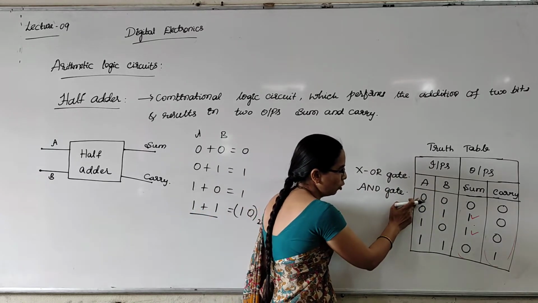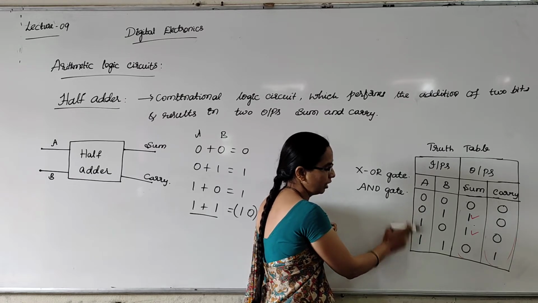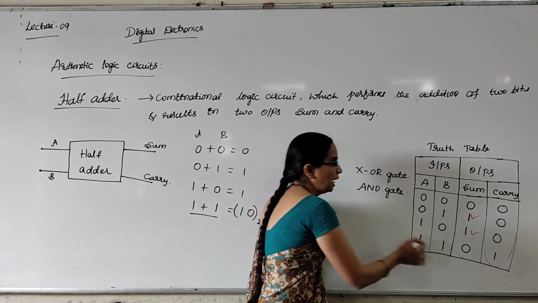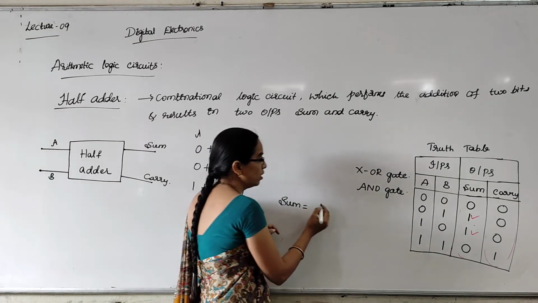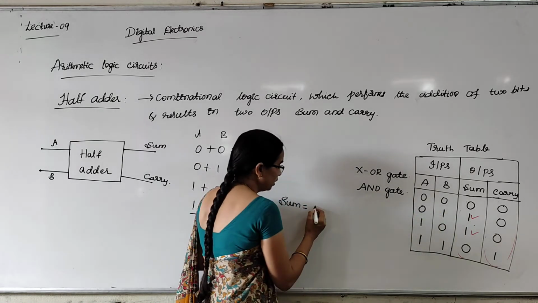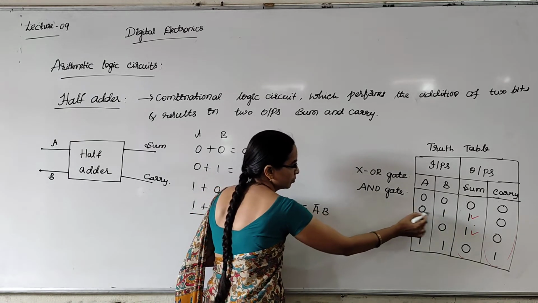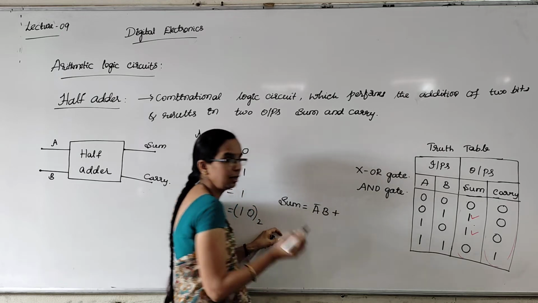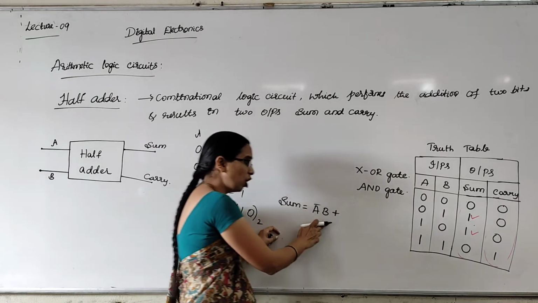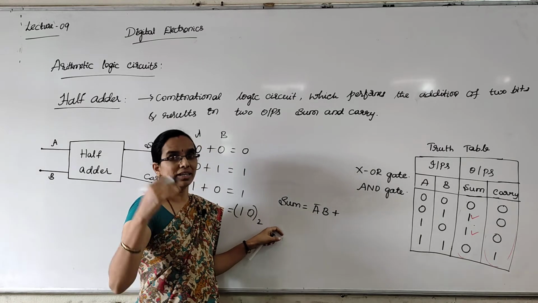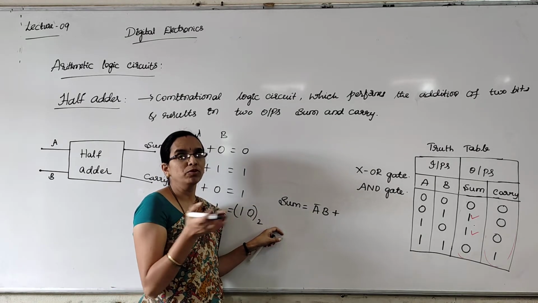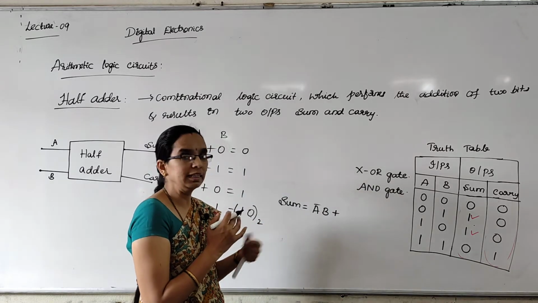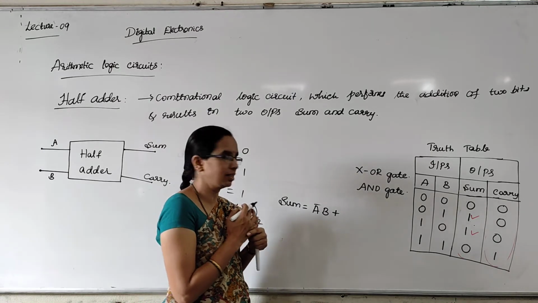That means, here A complement. If it is 0, I will take the complement, if it is 1, I will take the direct variable. For the first high output, A bar B, B is 1 here, so directly I am writing B. Plus, I will put an OR sign in between. Why OR sign? Why not AND? That I will tell you in the coming classes, when we study the types of logic expressions. But now, there is no problem in learning how to write the logic expression using the truth table.